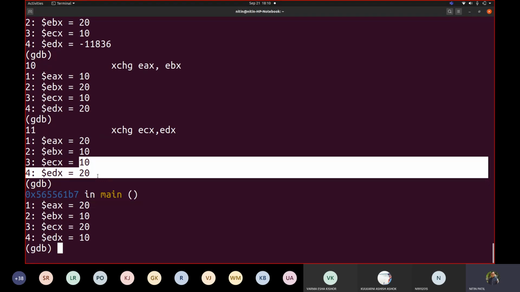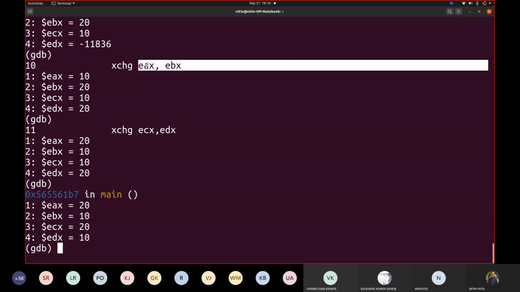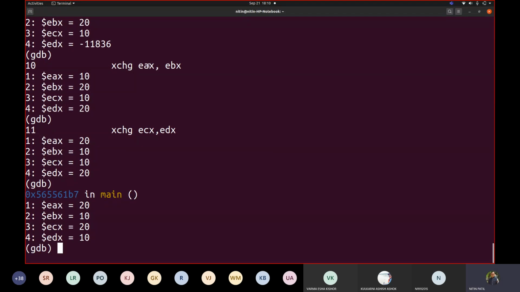Note that no instruction in the 32-bit instruction set works with both operands being memory. You can have one operand in memory and one operand in register. In this case, we took both of them to be in register form. You cannot have both of them in memory form. You will never be permitted to use m32 with m32. You always have to use either two registers or a register and a memory location, and either of the places, source or destination, may change. Any question with this exchange?